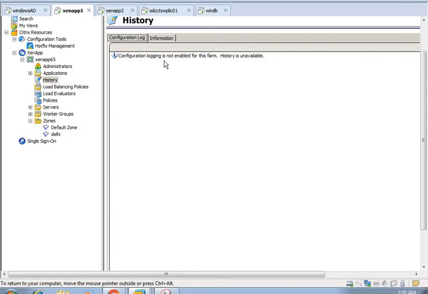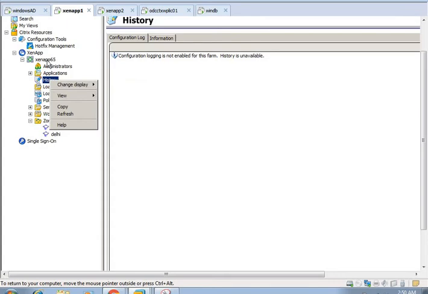So through the history, we can check all the activities done by the administrator, and the activities will be visible over here. Once we click on history, we can see the activities done by the administrator, and we can change display and basic information.